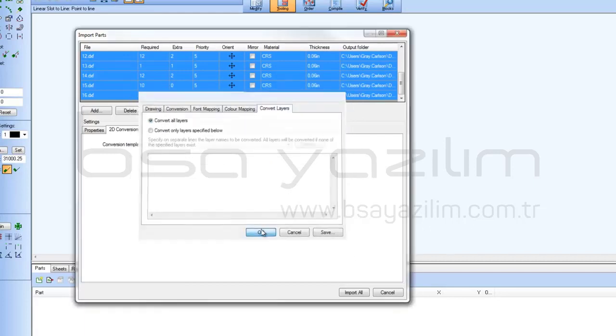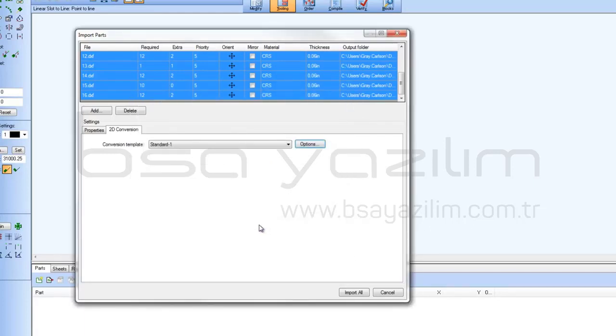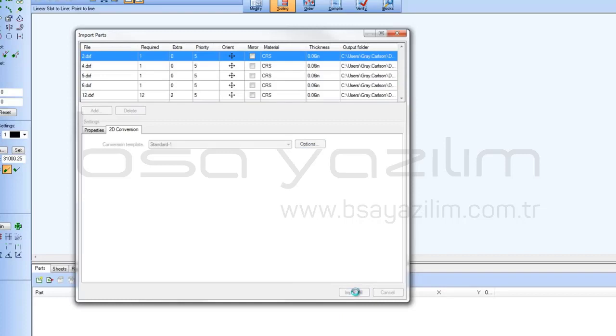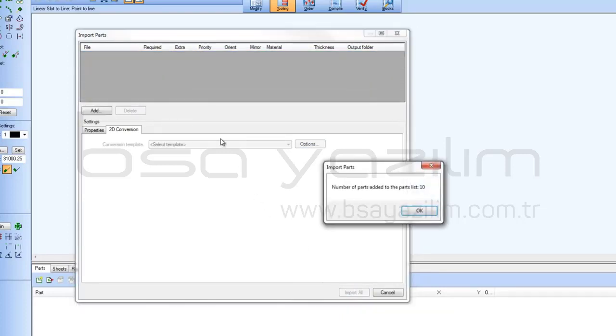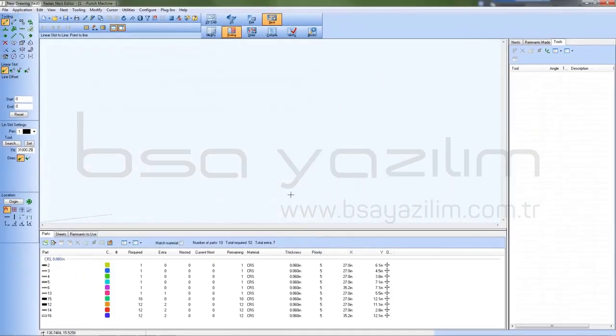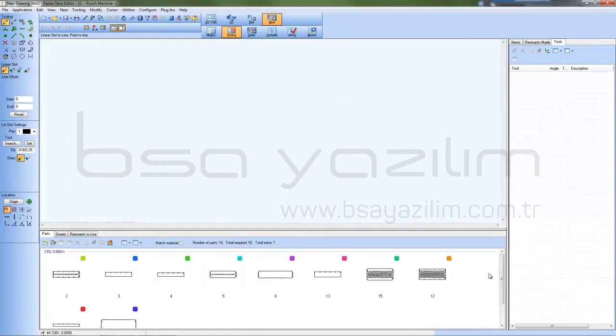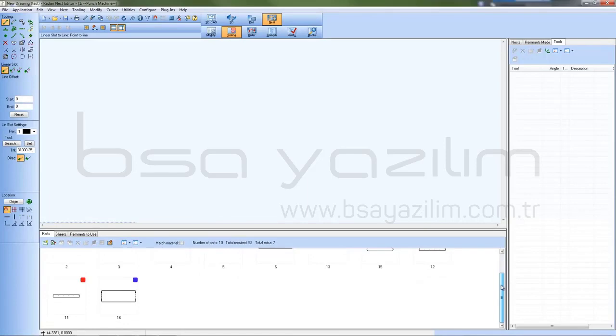Similar to Properties, we can set unique 2D conversion settings for each CAD file we're importing, whether it be a template or setting 2D import options on the fly. The Import All button starts the process of converting each CAD drawing to a Radan symbol file and importing that symbol file into the nest schedule. Once complete, the dialog closes and you're back at the Nest Projects interface or the Multi-Part Nester dialog.